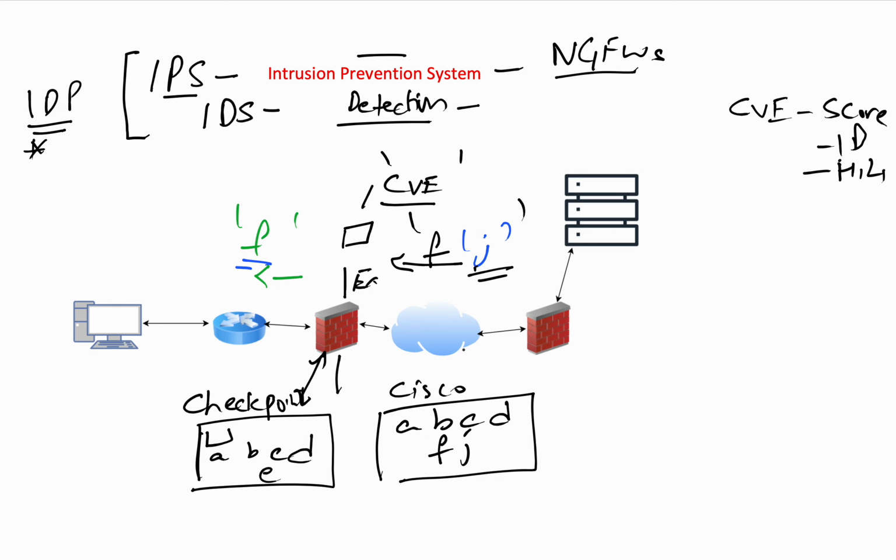Right, but F, like in this case, E will not be blocked. So you get my point. Every vendor will have their own database. Since every vendor will have their own database, they will block data accordingly. Now, for them, what you need to do is, on the CVE page, there's actually a standard